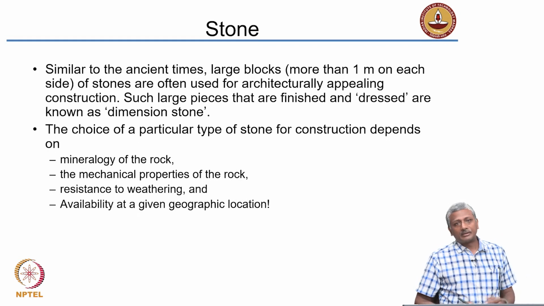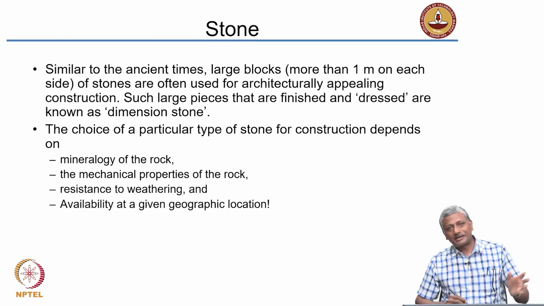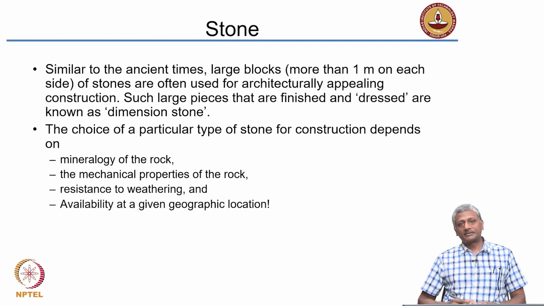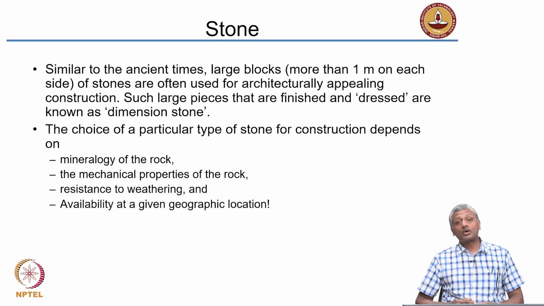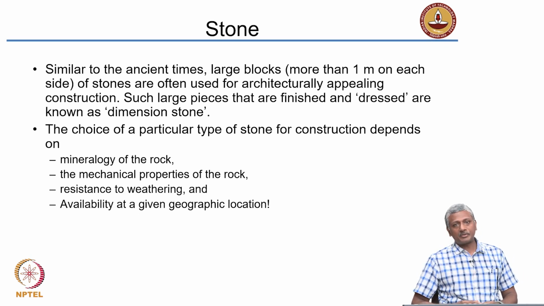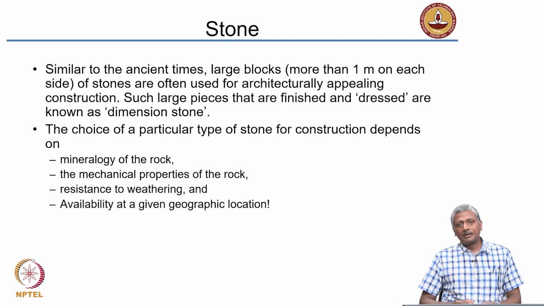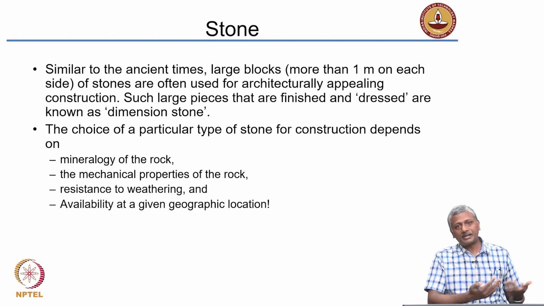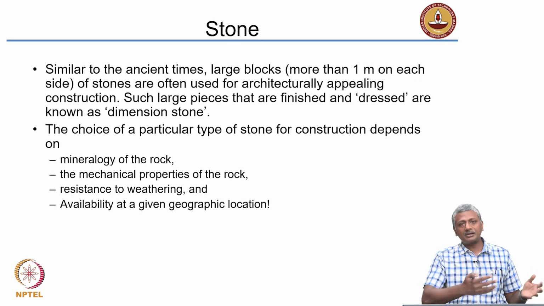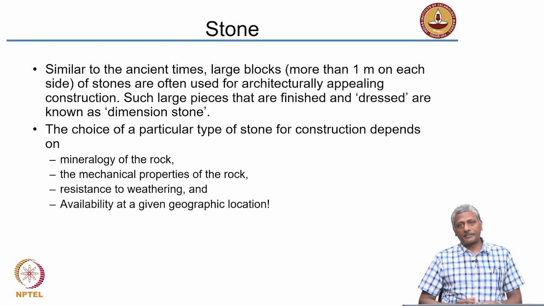Now, having talked about the basic structure of bricks and the types of deterioration processes that happen in bricks, let's now look at stone, which we consider to be a more natural material, because with bricks, you take natural soil, then mold it and texture it, and then dry and burn it. In the case of stone, you extract it and use it as such, only dressing it to a certain size or shape. So, stone is quite different from a brick in that perspective.